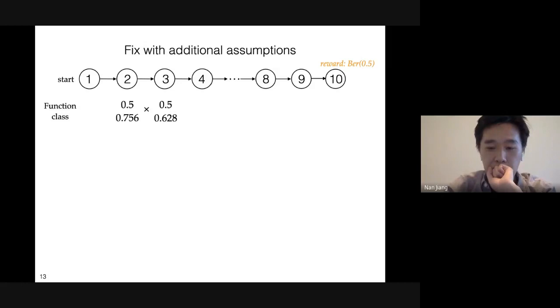Okay. So now we're getting back to our assumption earlier, right? So how can you fix this situation with additional assumptions? One thing you can do is say, whatever prediction I'm allowed to make downstream, I want to be able to make the same predictions for earlier states. This will fix the problem, at least for this particular counterexample, right?